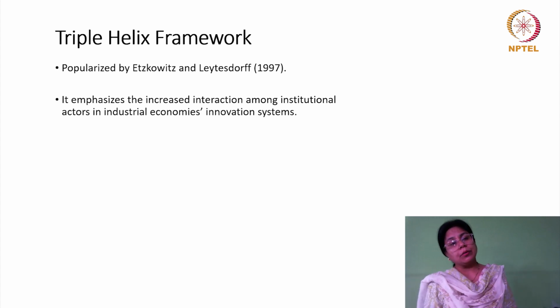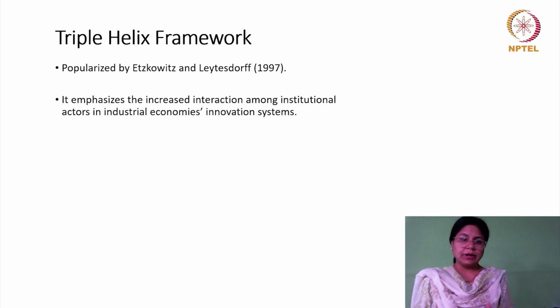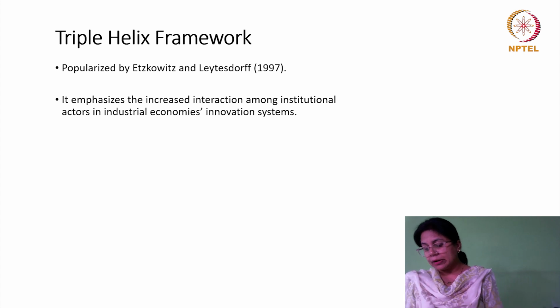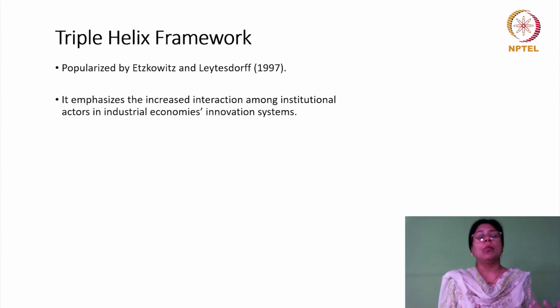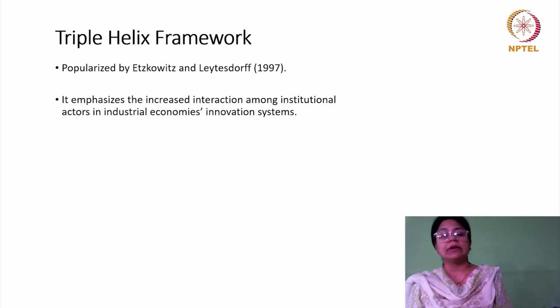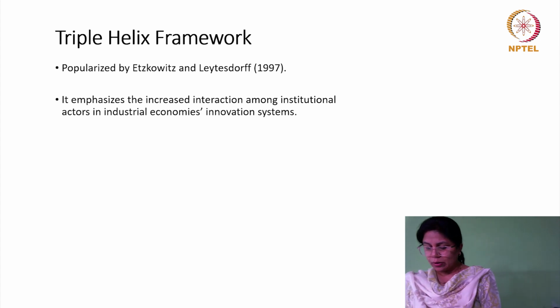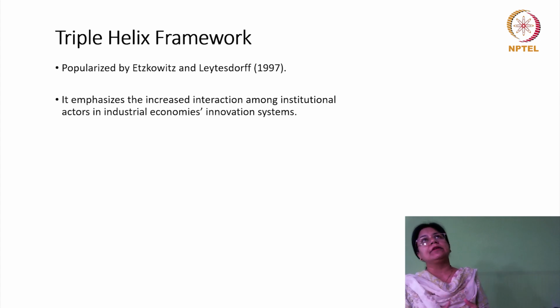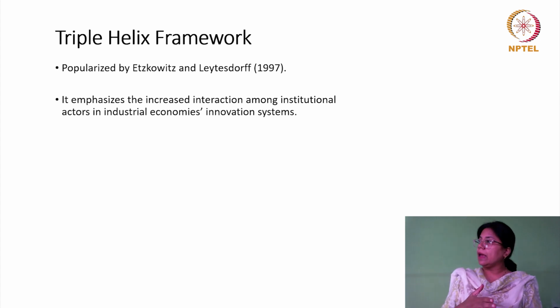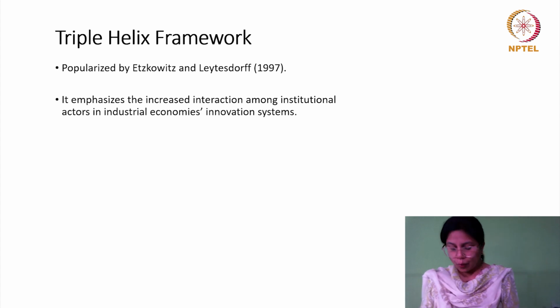So what is this model about? The triple helix framework is a descriptive construct of the components: government, universities and industries, the firms, what the interaction channels between them are, what functions are being performed, and what the benefits of those are to an effective national innovation system. According to the literature, the scope and the intensity of the interaction among the different actors are referred to as triple helix framework 1, 2, 3 and also 4.